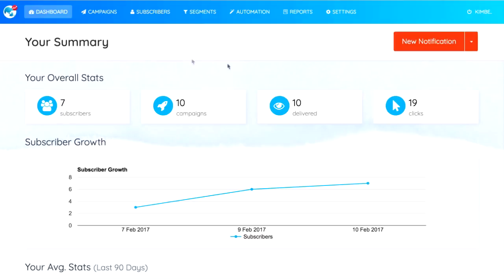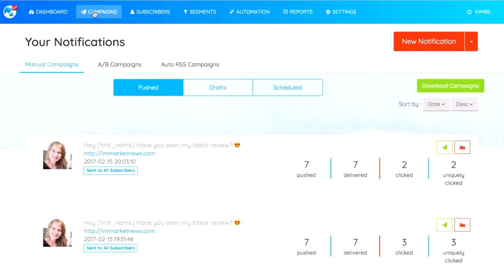Okay, so here we are on the LetSocify dashboard. Now from here we're going to go to campaigns, and this is where we're able to send a new notification. So we're going to click new notification,